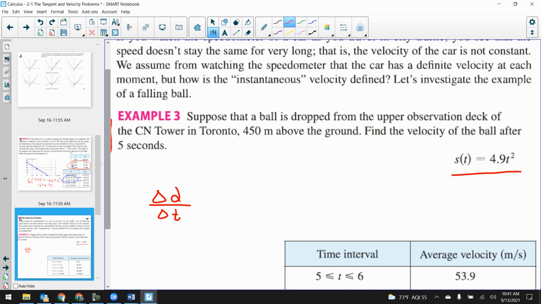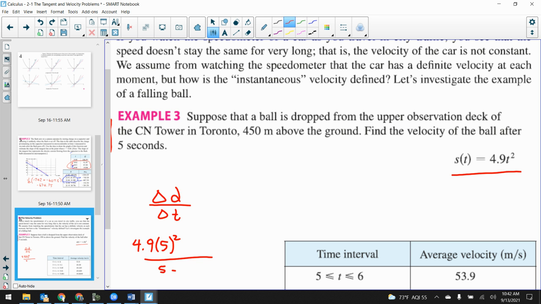All right, well, if I want change in distance and change in time, I would need to take the time from 5 seconds to 6 seconds and find the average velocity in there, right? So at time 5 seconds, where is it at? Well, at time 5 seconds, it's 4.9 times 5 squared, right? Let's go 6 to 5 seconds. Oh no. Yeah, never mind. That's right. 4.9 times 5 squared over 5, change in time,